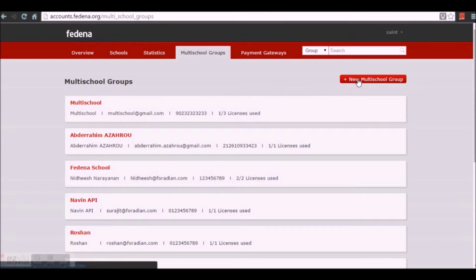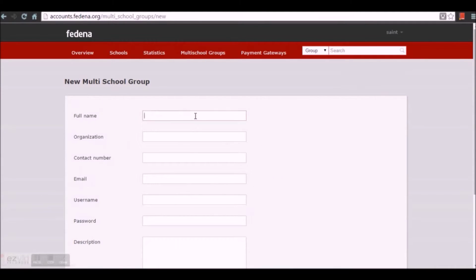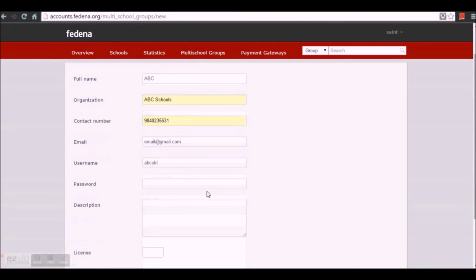To create a new multi-school group, you can go for the option New Multi-School Group, and here you can enter the detail about the multi-school group. Let me give a name for this multi-school group, an organization name, a contact number, an email ID, a username that you want to provide, a password using which you want to log in into this multi-school group,